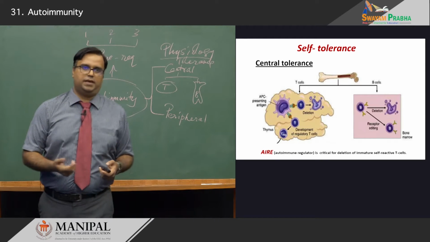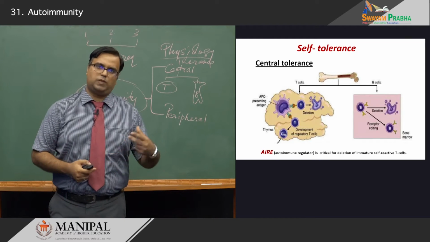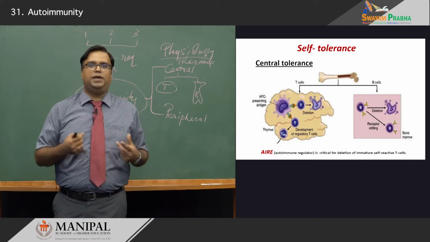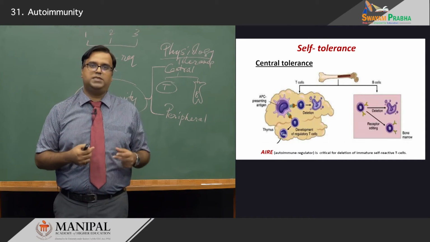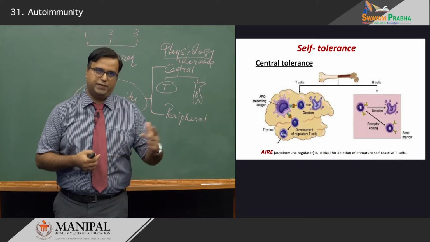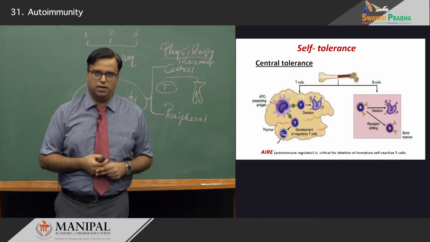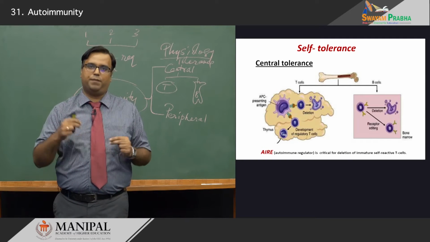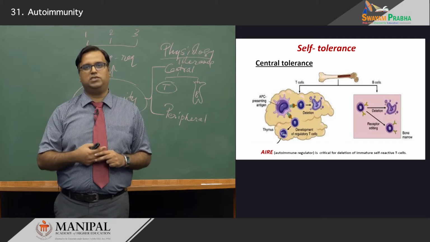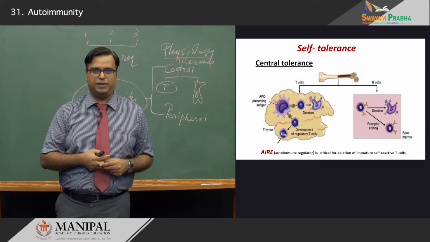Now, what happens at the level of the thymus? As the naive T cells in the cortex of the thymus are constantly exposed to the antigen presenting cells from the periphery, you expect a certain response, as we have seen in the initial two classes. You expect these naive cells to become activated, release cytokines, and then bring to a halt whatever antigen has incited the result in the first place.